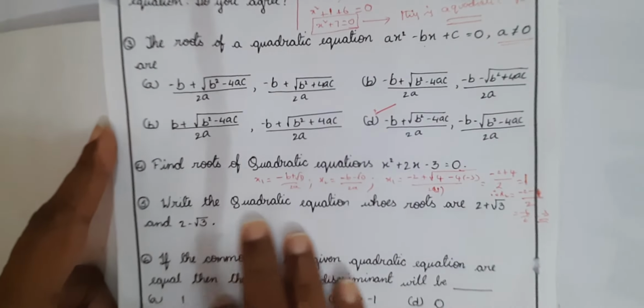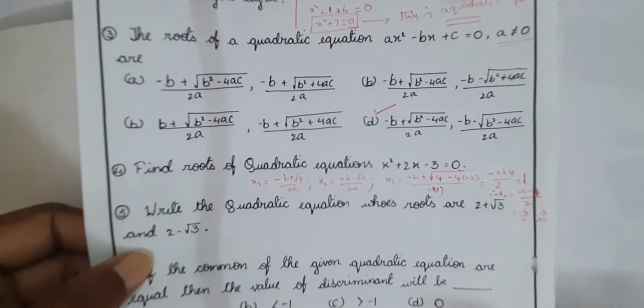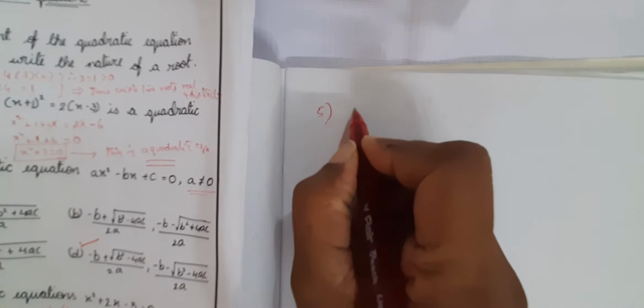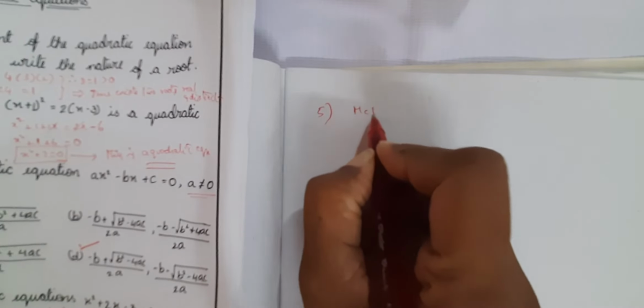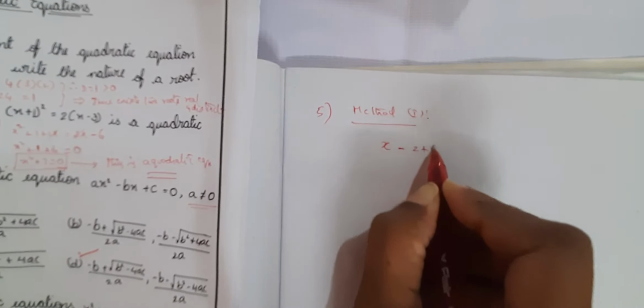See the fifth one. Write the quadratic equation whose roots are 2 plus root 3 and 2 minus root 3. Let me explain it in the notebook, so that there are two methods of solving this one. So fifth problem. So one method. So method 1. Right. So when you know the roots, you will write it as x minus 2 plus root 3